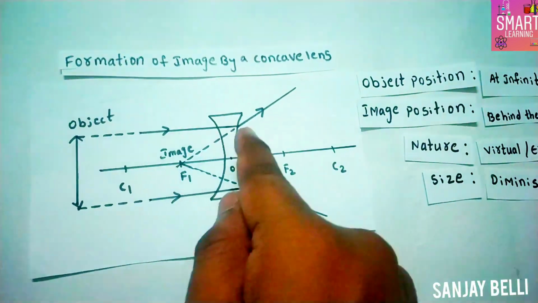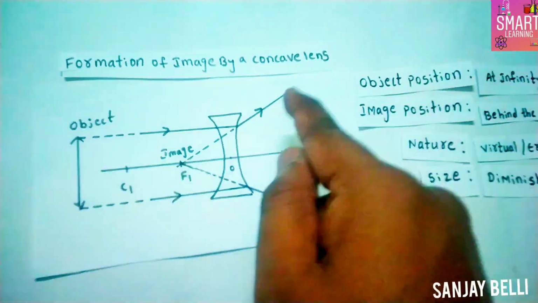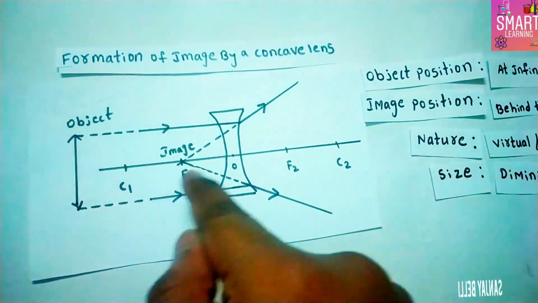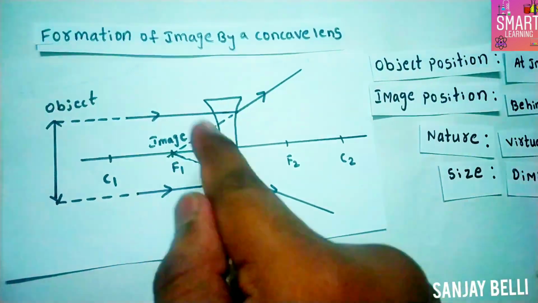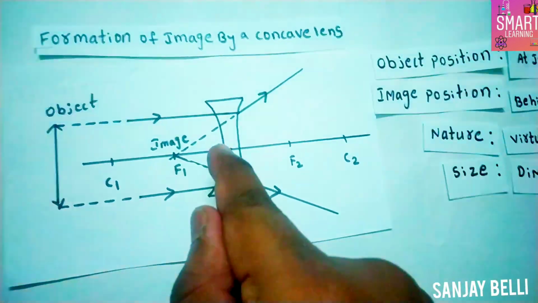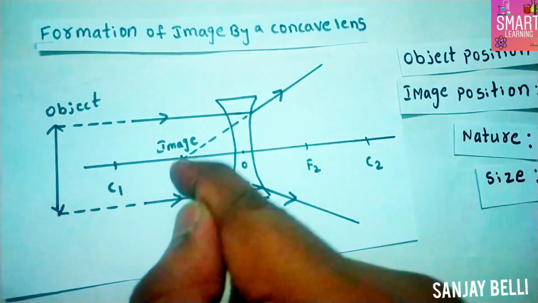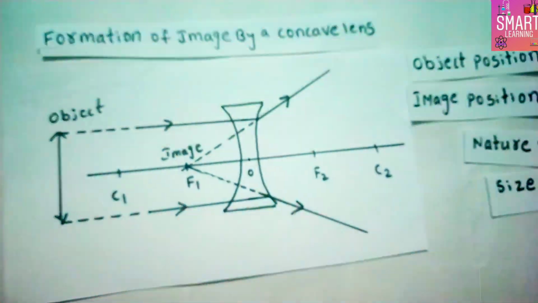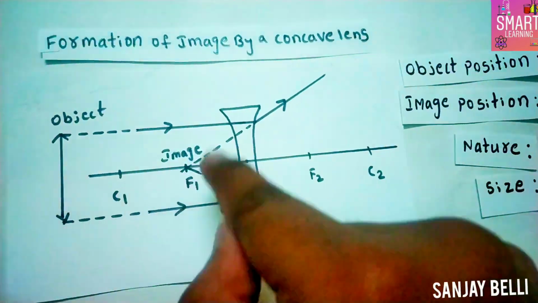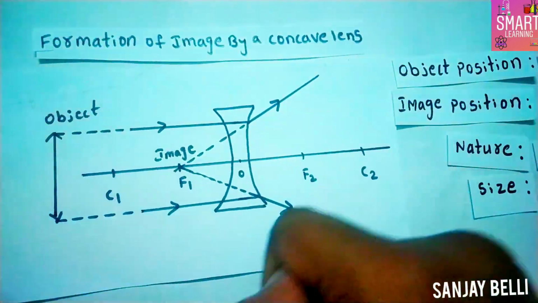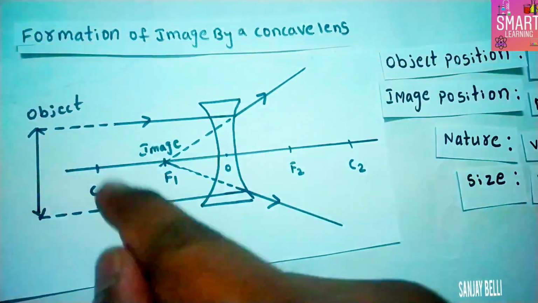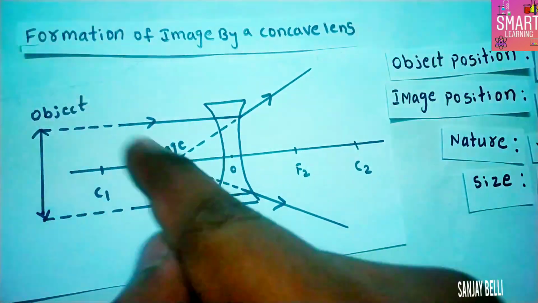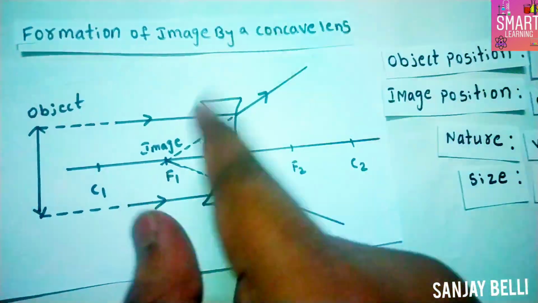Here you see these dotted lines represent the light rays coming from the object at infinite distance. So first rule, incident ray parallel to the principal axis passes through the focal point. Where is an image obtained? An image is obtained behind the lens only, but if you want to say exactly, on F. While doing a problem, set infinity, and there you can observe your v value will be equal to the focal length of your concave lens. So it is inside the lens. Either you can write behind the lens or you can write an image is obtained at the focal point, but it is behind the lens itself.